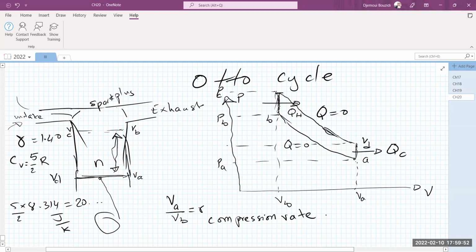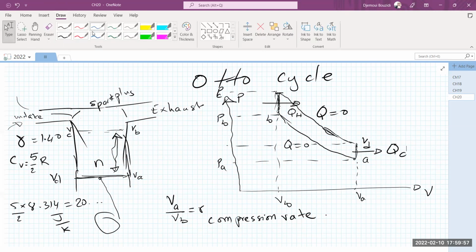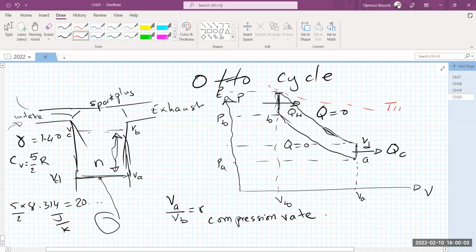So this is the whole Otto engine. Let me go back into my drawing tool in here and define. This is my TH. This is the hottest temperature possible. There is a lower temperature. Let's call it TC. This is my TC. Those are the isothermals. Isothermals are different than the